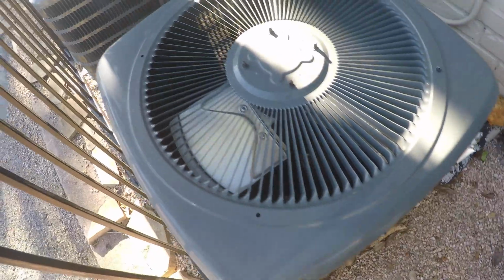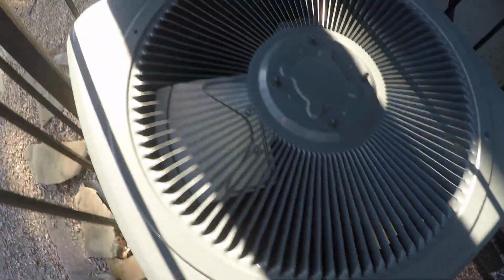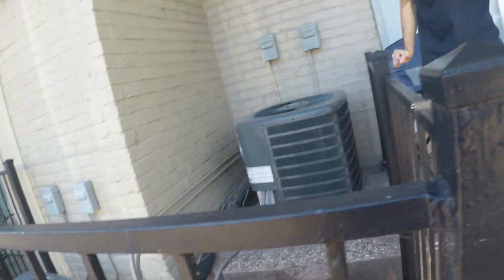This one has a rotary. This one also has a rotary. I think this one, I can't really tell. I think it's a scroll. Can you get the data? I can't get the data on